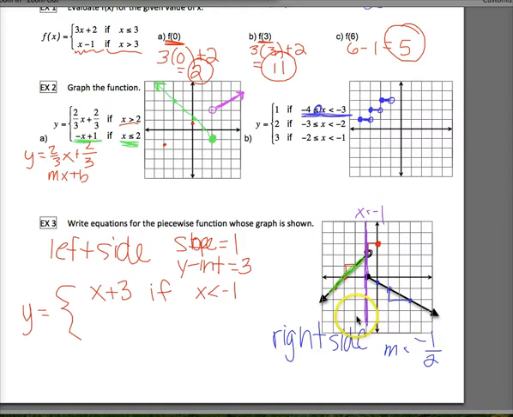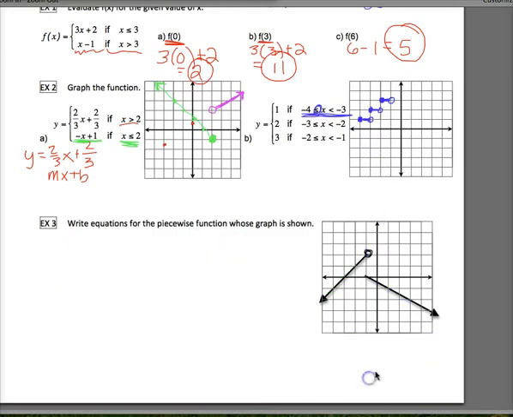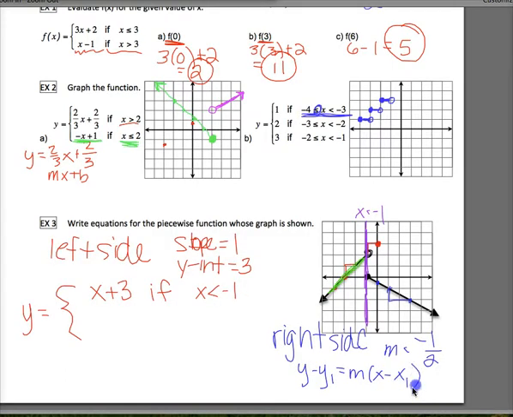If you can't figure out what that point is exactly, like we can in this case, then you would have to use your point slope formula. If you don't remember point slope, learn it because we will need it this year. y minus y1 equals m times x minus x1. And you would plug in one of these points, say this point, 3, -2 for x1, y1. Plug in your slope and figure out what it could be. Well, actually, we wouldn't do that. We would plug in this actual point, when